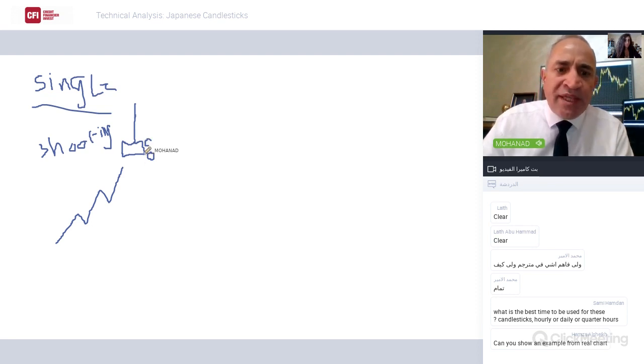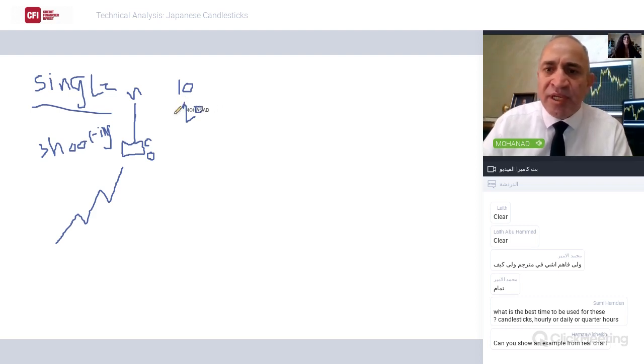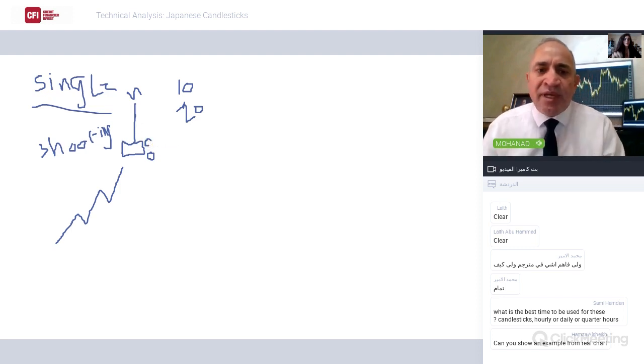For example, if the distance between the open and the close price is 10 pip, then the distance between the close price and the high must be at least 20 pip. That's what I mean. The length of the tail must be at least twice the length between the open and the close price. So, Mr. Mohannad, you mean when we reach a shooting star, we should have one and